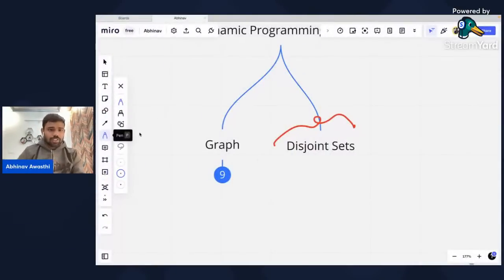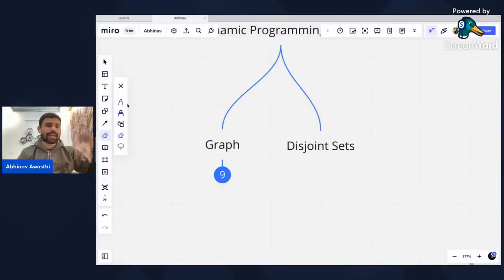So now this is what we have. Let's say you have learned the basics of graphs and the basics of trees, and then you can do them simultaneously. And then the next thing is,